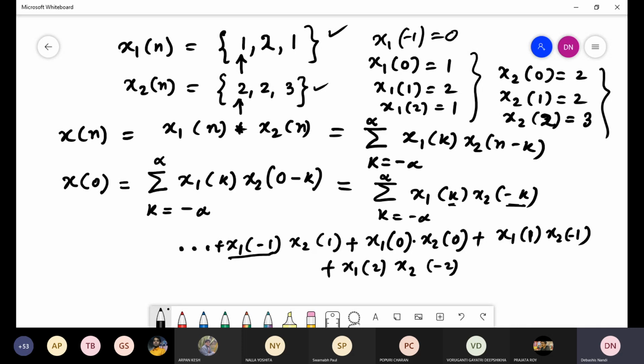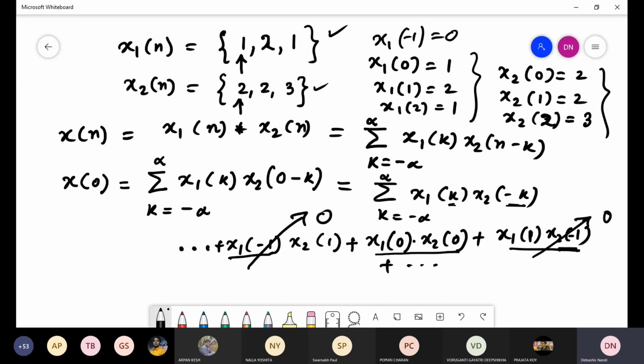Now you see here, the argument of x2 is becoming negative, so it is 0. This term is 0, this term is 0. Again, other terms will also be 0, so we don't need to write this. So I can write plus dot dot dot. All terms will be 0. So this value is 0, and other values are 0, and only one value is there